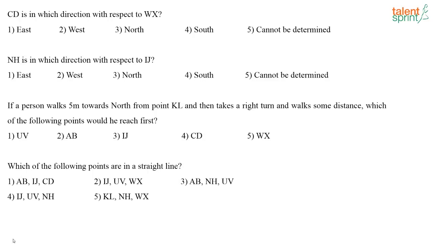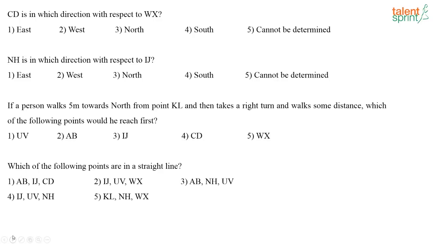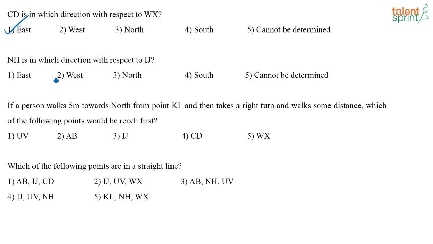First question. CD is in which direction with respect to WX? If you look at WX, CD is towards this direction, that is towards the east. So I can say CD is towards the east of WX. First answer is east. NH is in which direction with respect to IJ? NH is towards this direction with respect to IJ, that is the west. So the second answer is